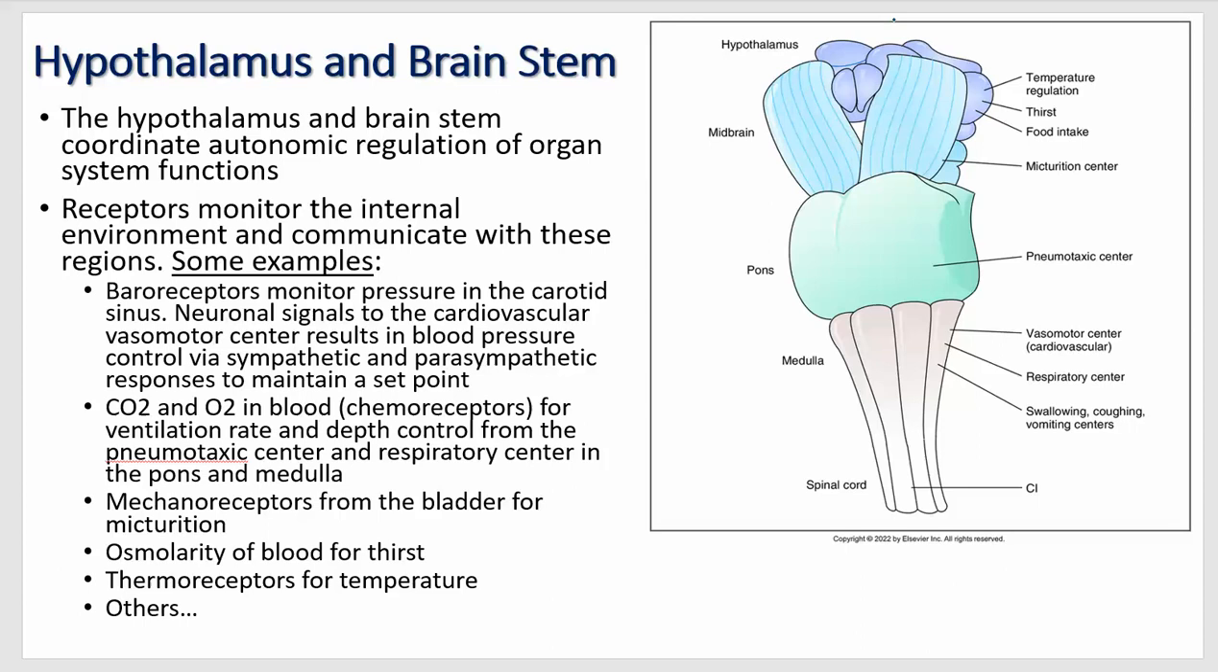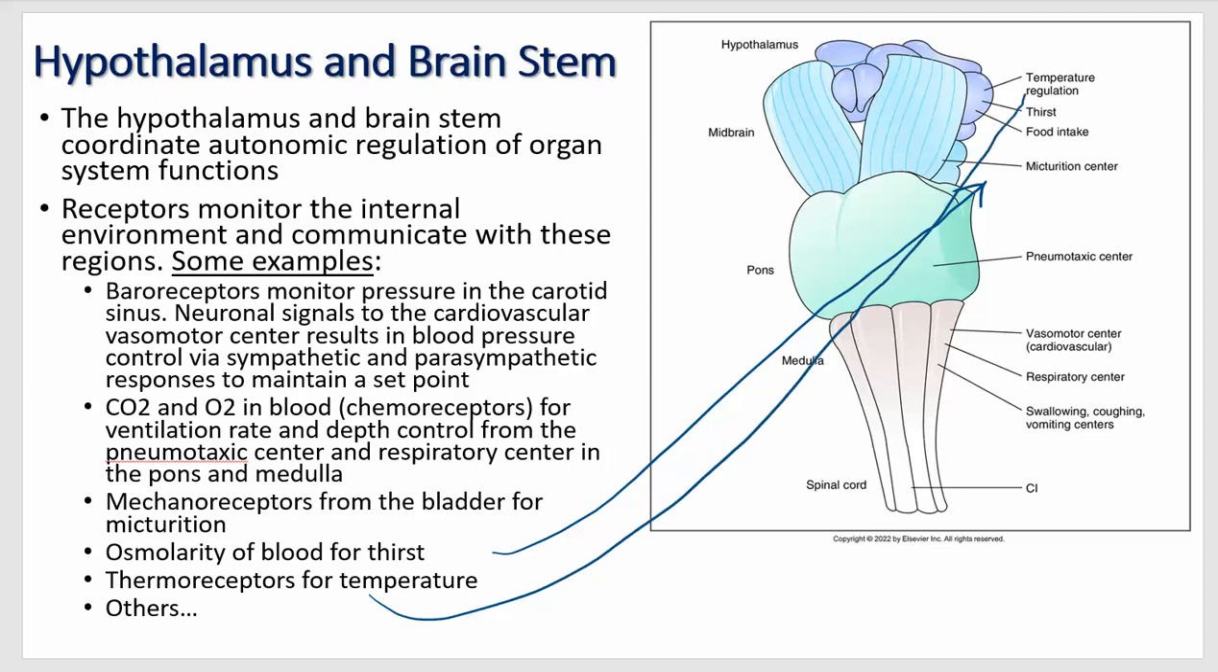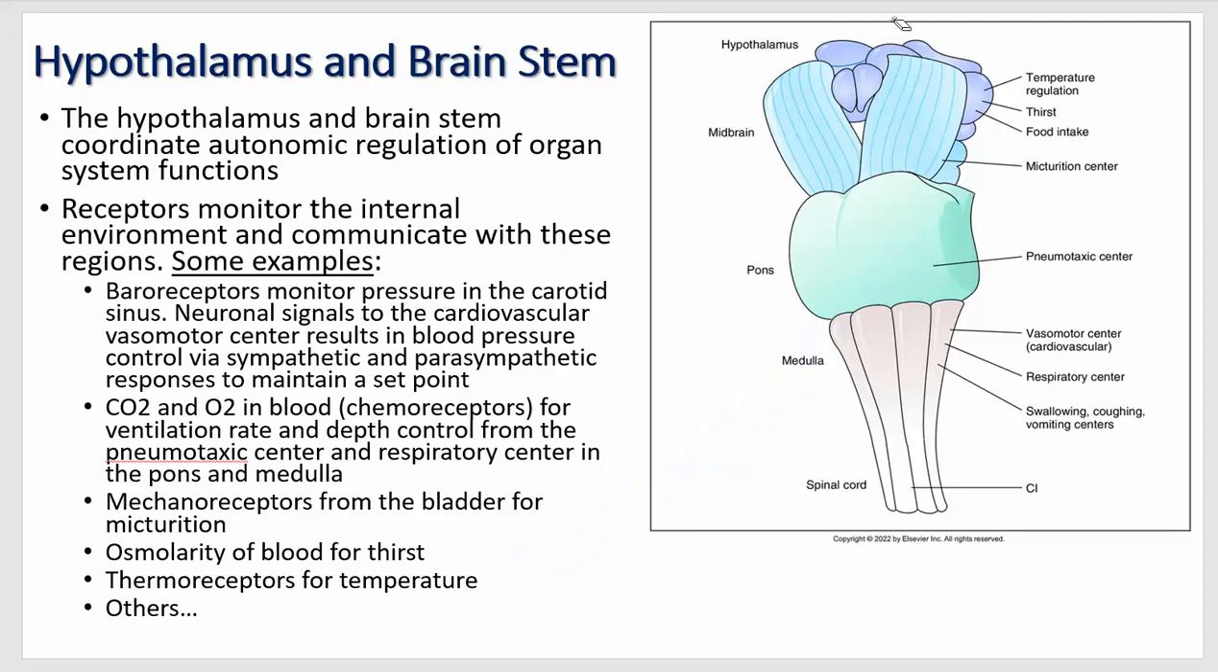Carbon dioxide and oxygen in the blood, so these are chemoreceptors for ventilation rate and depth control from that pneumotaxic center and the respiratory center. Those work together to increase or decrease the rate and the depth of ventilation or breathing. Mechanoreceptors from the bladder, not going to get into a lot of detail on that because we just talked about it, but those mechanoreceptors go from the bladder to the micturition center of the brain, the pontine micturition center. And then also thermoreceptors for temperature, so we have temperature regulation in the hypothalamus, but all of those things are ultimately helping to control